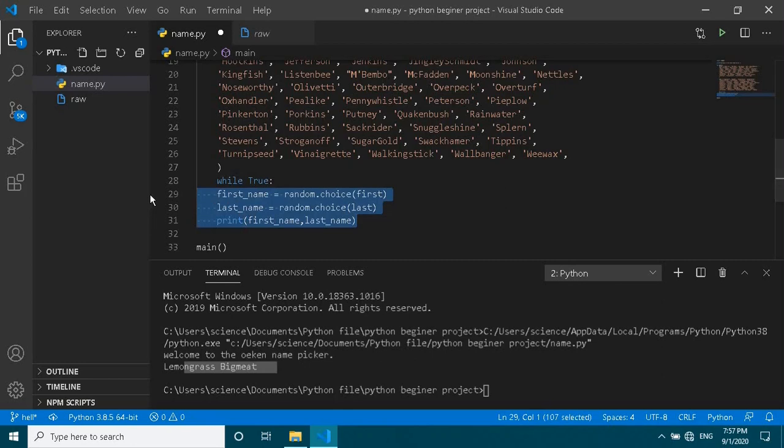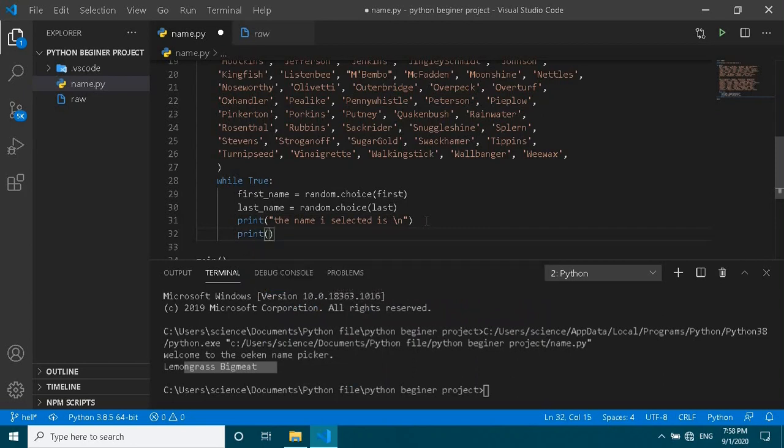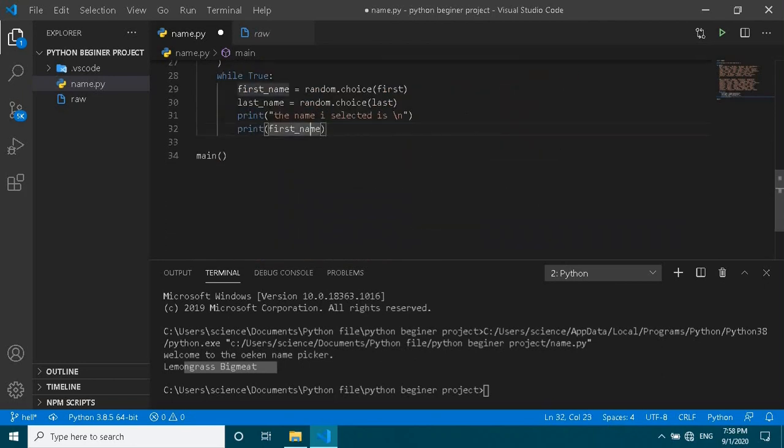So enter tag and to print it, just simply type print the name I selected is, okay, and print first name, underscore name, first name. Okay, first name, okay, last name, so